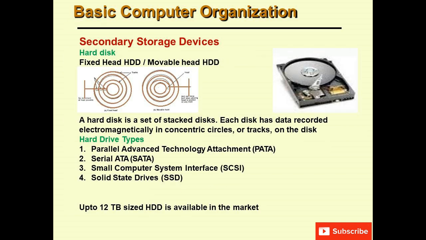Next is secondary memory. Secondary memory is also called auxiliary memory. Now the question arises: why do we need secondary memory? The answer is that since the primary memory has a limited storage capacity, we need an external storage to store all the data and the instructions permanently for future use. The secondary memory is non-volatile and has larger storage capacity than primary memory, but it is slower and cheaper than the main memory. It cannot be accessed directly by the CPU. Examples of secondary memory include hard disk, CD, DVD, pen drive, memory card, etc.